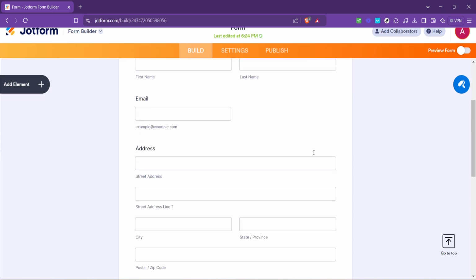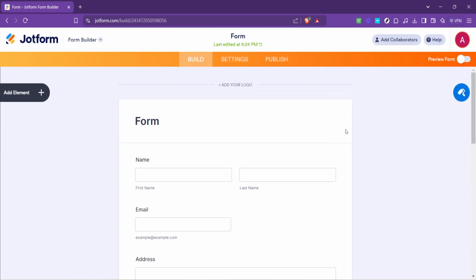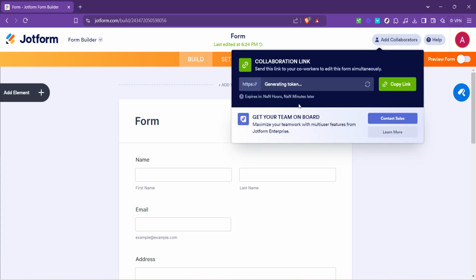As you enter the form builder, keep an eye out for the Add Collaborators option. This feature is your ticket to a collaborative workspace where ideas can bounce back and forth, leading to the best outcome for your form. Jotform's intuitive design makes finding this option straightforward, ensuring a smooth process as you aim to enhance your form. Clicking on Add Collaborators reveals yet another streamlined process.